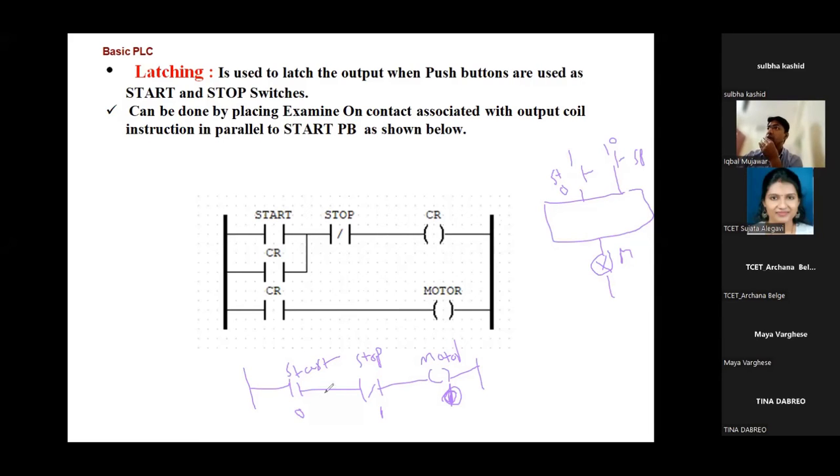Even though I used the ladder coding, I used it in the ladder, connected the logic physically, it's not working. Why is it not working? Because I have not used the latching. To execute as per our requirement, if I press the start button, the motor should turn on, and even though I release the start button, the motor should remain on, I need to use the latching. Okay, then what is latching?